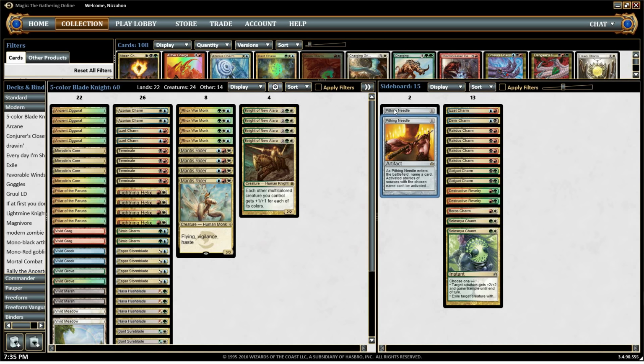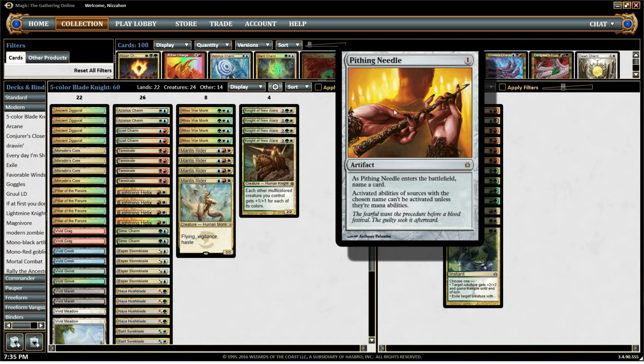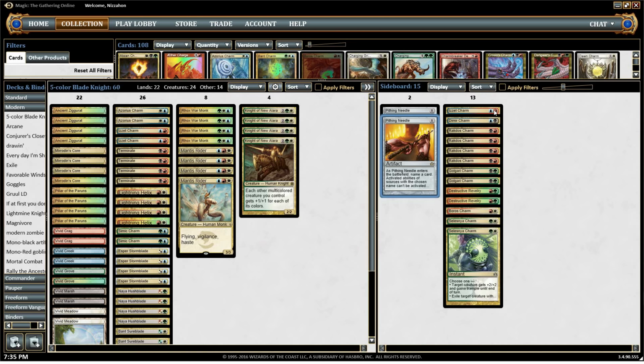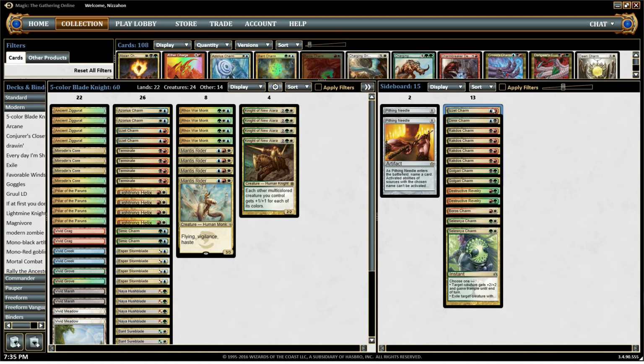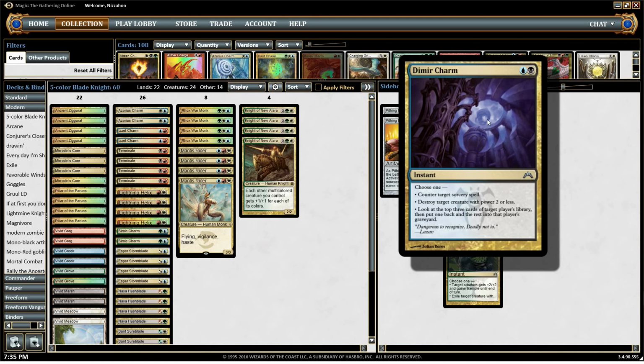I also run Pithing Needle. It's basically a catch-all sideboard card. If your opponent plays a problematic card that happens to have an activated ability, you can just shut it off, and that's pretty ideal. Third is that charm in the sideboard if I feel like countering is more important. Izzet Charm, good against opponents whose creatures are more low to the ground, and it can also counter